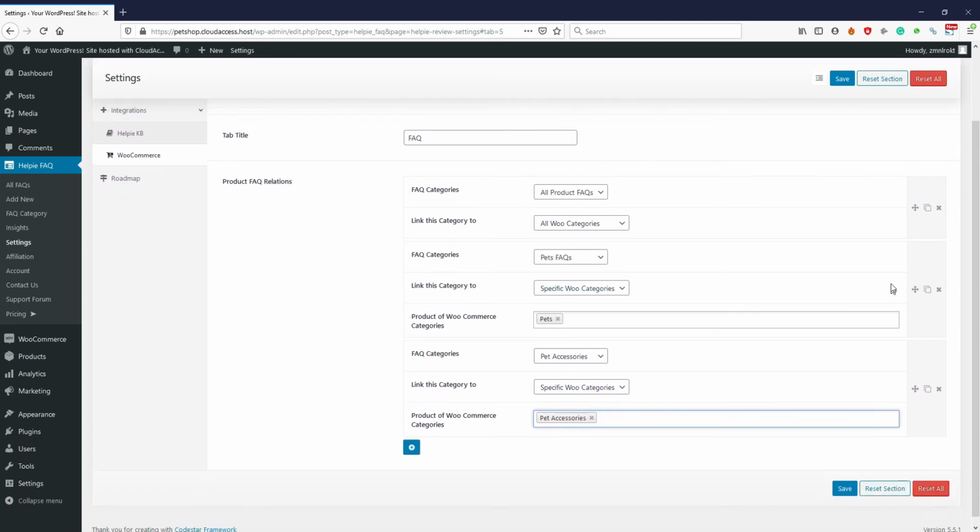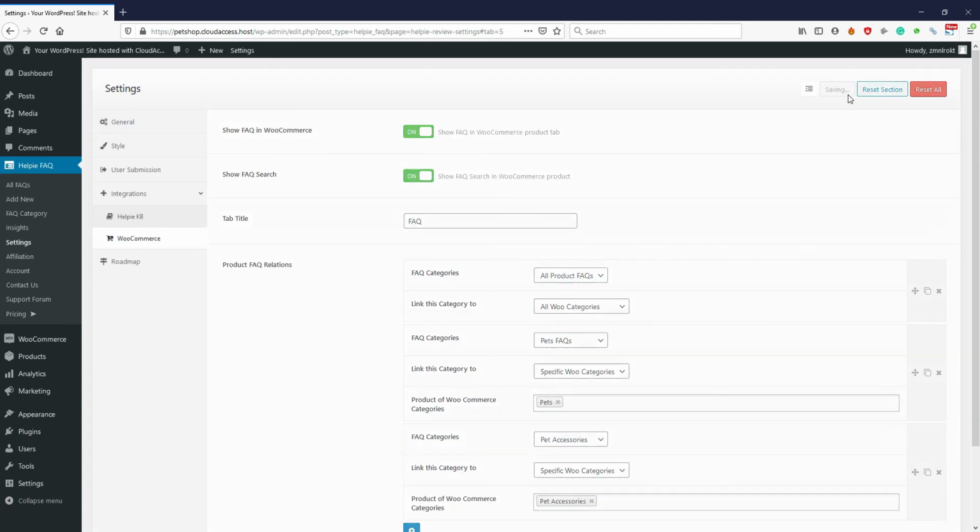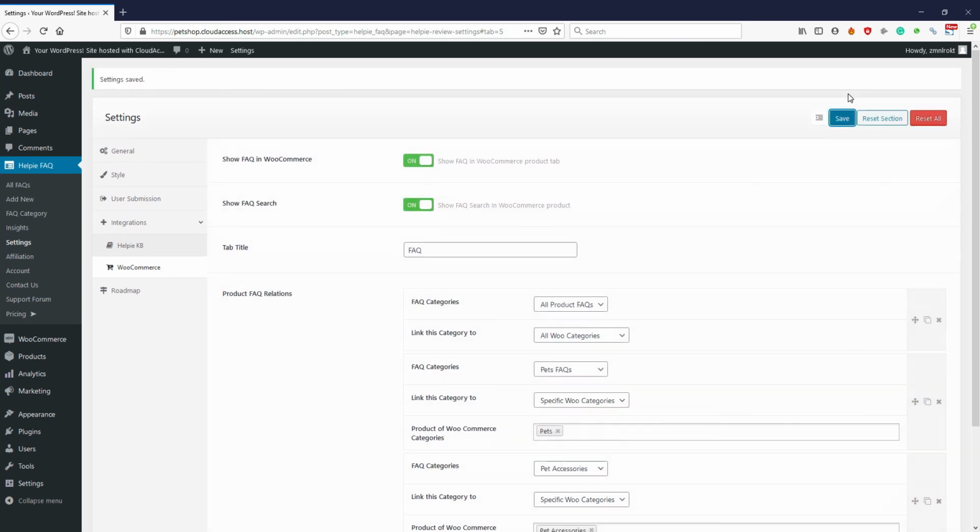We are done and we will save the settings. We have created FAQ categories and linked them to WooCommerce product categories.